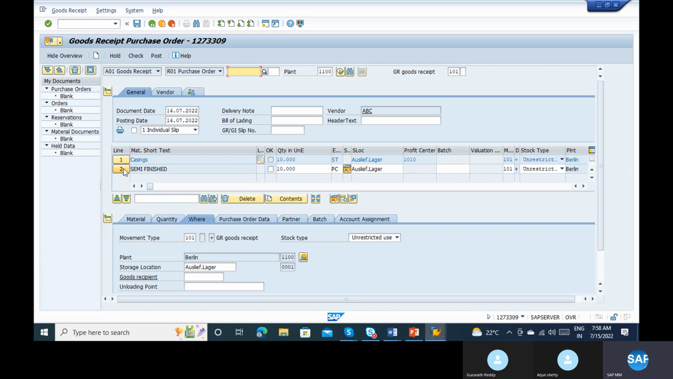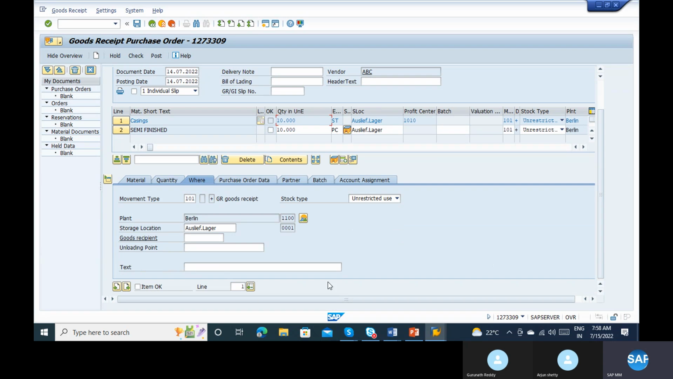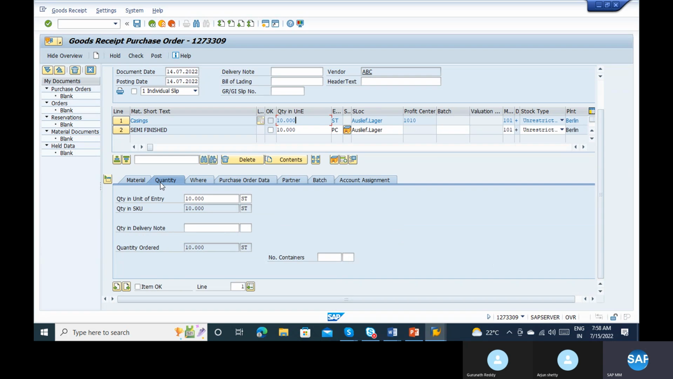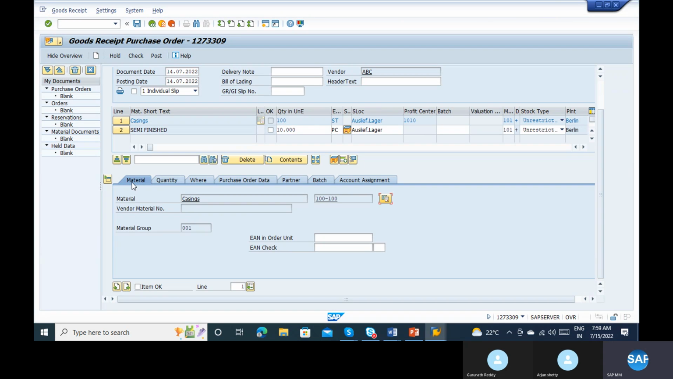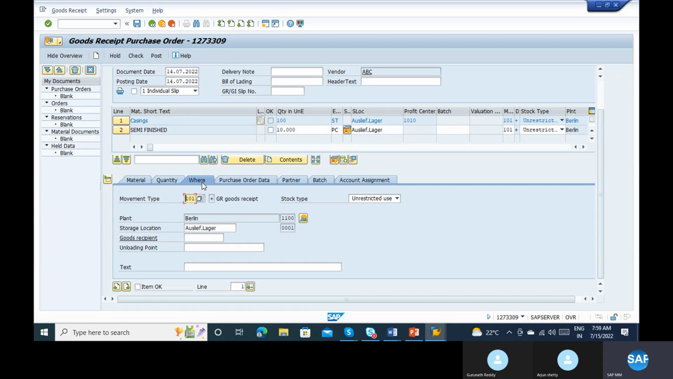So now two items are selected, which gives the details of what items are in the PO and how much quantity you ordered. But you still need to verify whether you received the complete quantity or not. Suppose you ordered 10,000 but received only 100, then you can enter that you received only 100 quantity. I'm just entering it here. Check all the items and all the details,